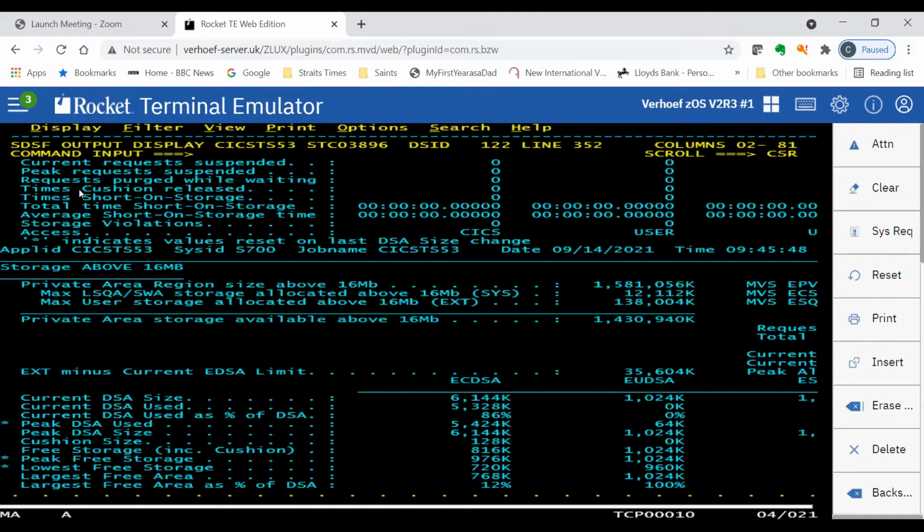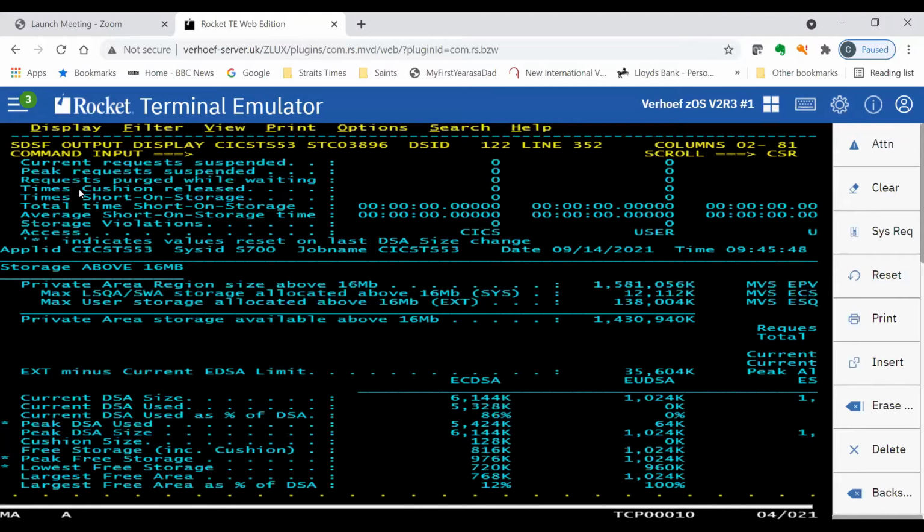Because I use CICS Explorer mostly now, I get these sorts of values, but the statistics will tell you what happened since this CICS system came up, what values are there. And so you can see the short on storage. If I see 0, I'm very happy, because I don't want to see short on storage messages. You know what they can do to anybody. It causes messages to get sent out to the console, and everybody seems to know about them, and CICS slows down.